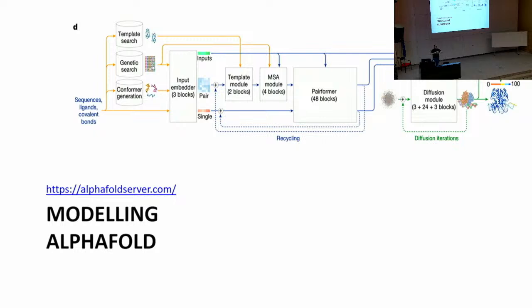You combine this within the Evoformer in the case of AlphaFold 2, or in the Pairformer in the case of AlphaFold 3, in order to generate a structure which is quite good